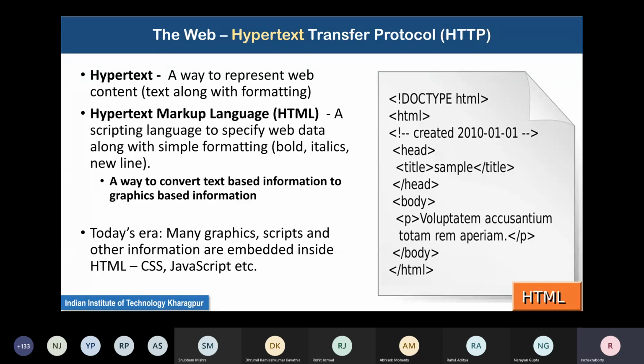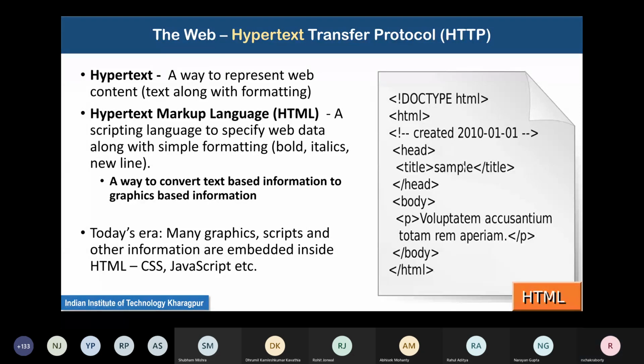So there are certain starting and ending bracket kind of things. The starting and ending brackets are written in a peculiar way. The starting bracket is some keyword within angular symbols, smaller than and greater than symbols. And the ending bracket is the corresponding same keyword, but with a slash added.